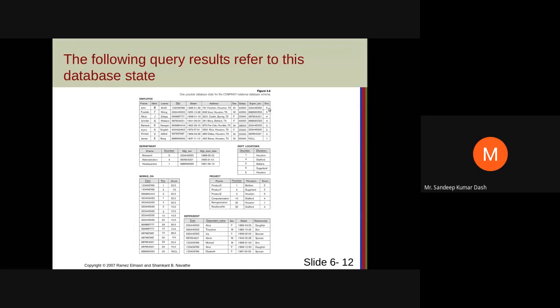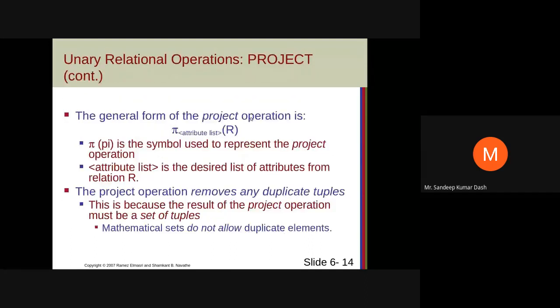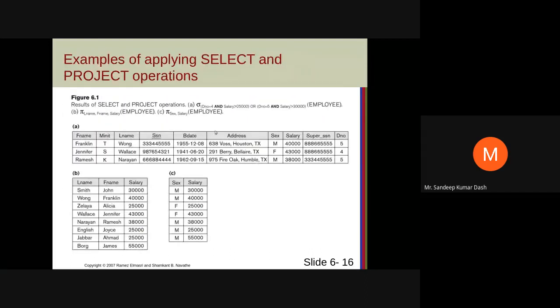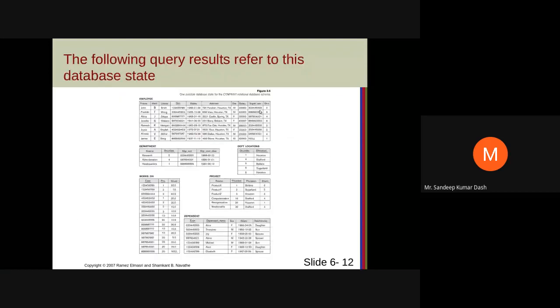You are getting as a result this Franklin row and this Ramesh row. This row contains all the column names. So the schema is the same. The result of select operation has all the column names same as your relation. So the schema of the relation and the select operation result is the same. Okay.